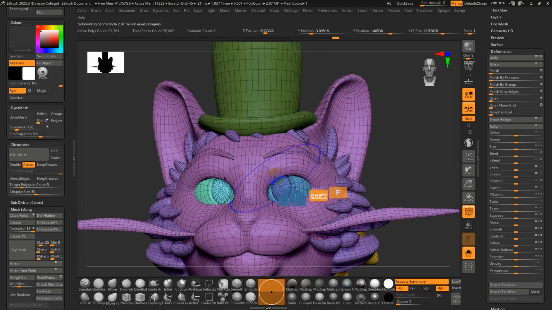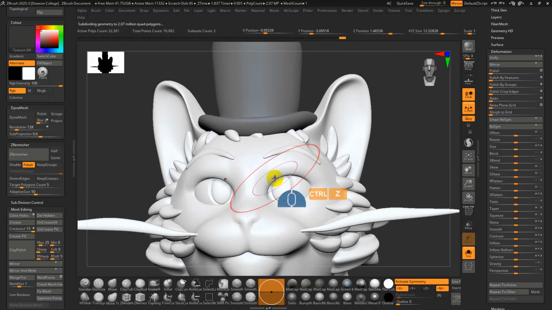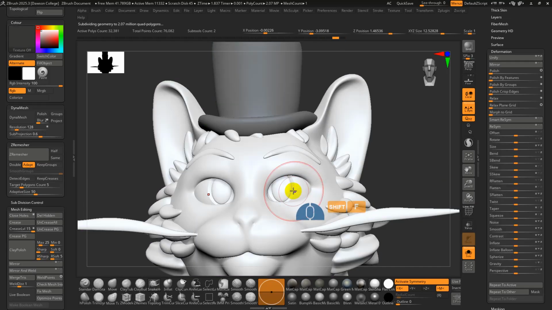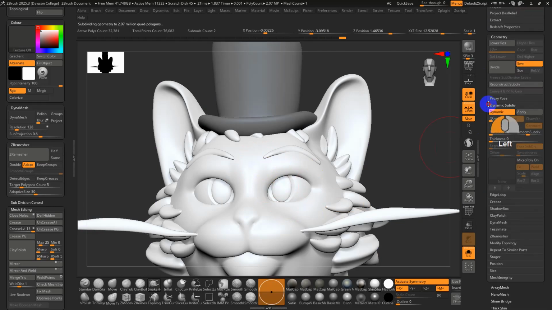And then maybe I'll grab the brows here. Yeah, let's try that. I'll just try to make sure the eyes are not affected. And again, the simple way to do this, if it's all in one subtool, you can basically,